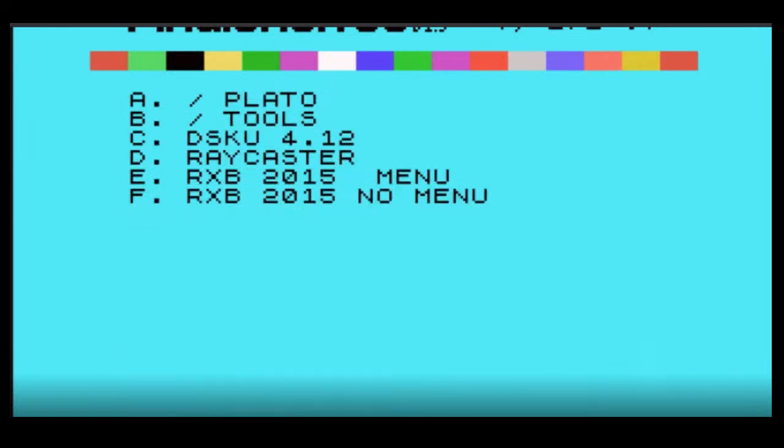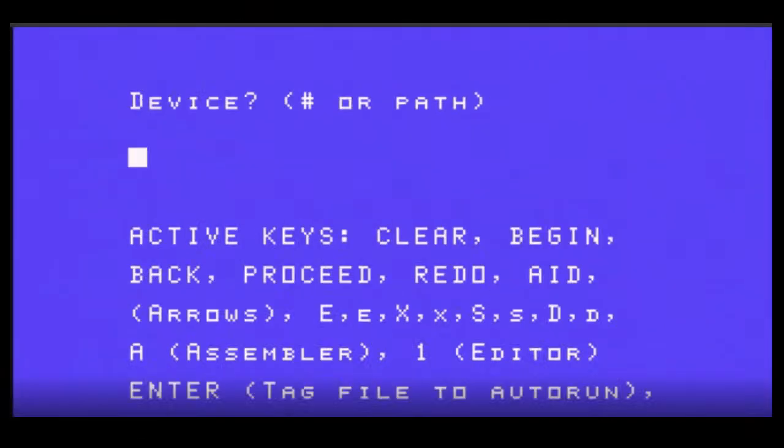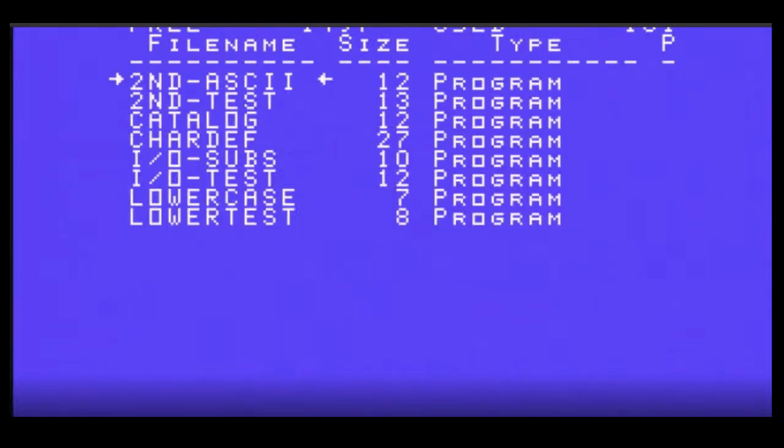And because we turned the computer off, we don't have anymore. Let's do a directory. Okay, this is called Programming Aids number 1. Second ASCII, second test, catalog, character definition, in-out subs.